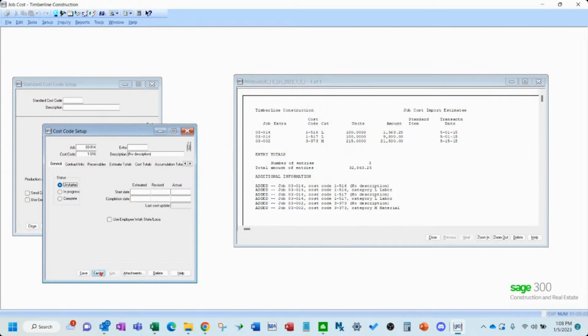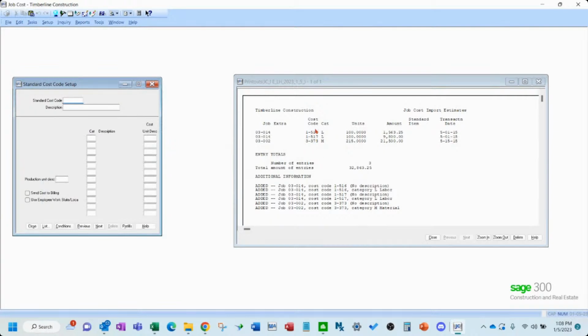There is also some ways to bring that in on this import file, which I'll post on the comments. But you just want to know that it brings it in like that if it's not in your standard cost code setup list.